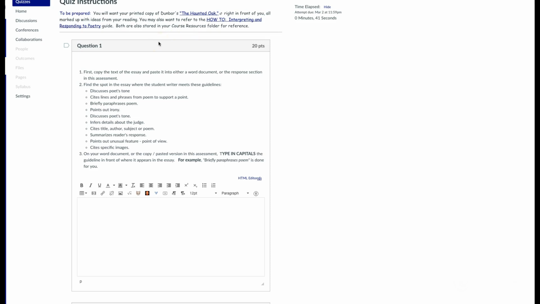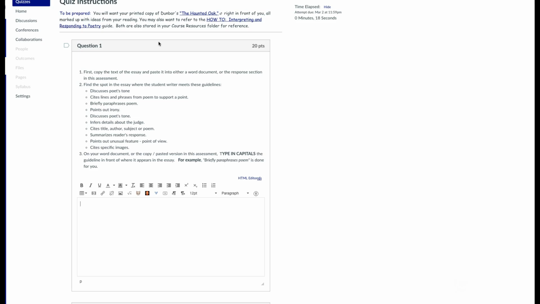You're going to copy and paste the essay into your text box. Then within that essay, you're going to go through and show me the places that you highlighted. And the way you're going to do that is by typing in caps where you noted that the student did those things. I know that's a little bit hard to understand just from explaining,